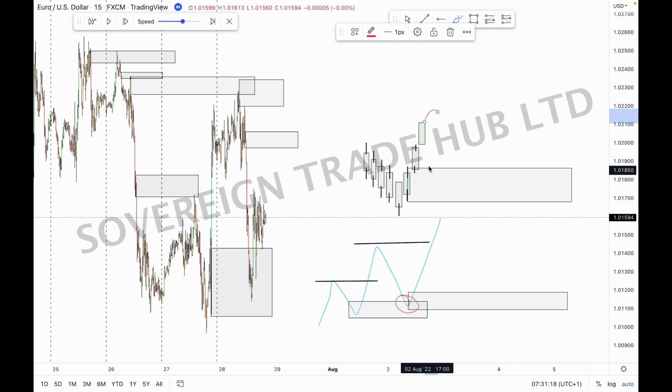Since this is a fresh zone, price has not stepped into this zone or this level. It is referred to as unmitigated. But the moment price action steps into this zone, it is automatically declared mitigated. It is no more unmitigated and no more a fresh zone. The moment price action steps into it, what does it do? It picks up every order that was left behind.